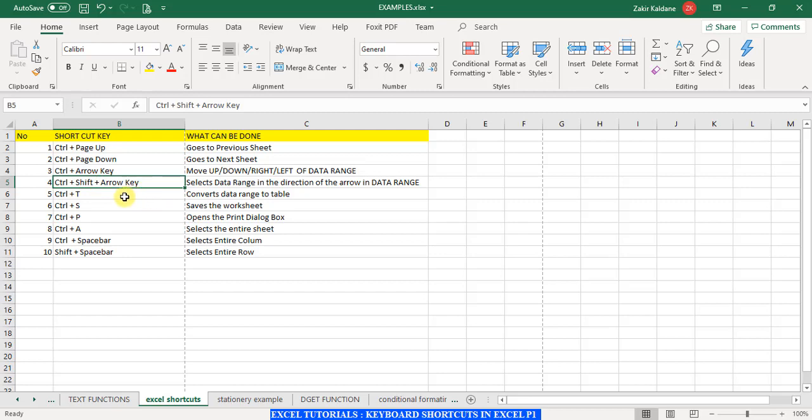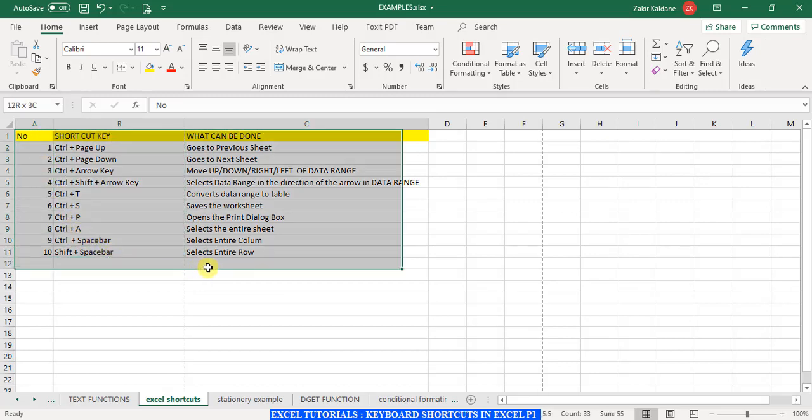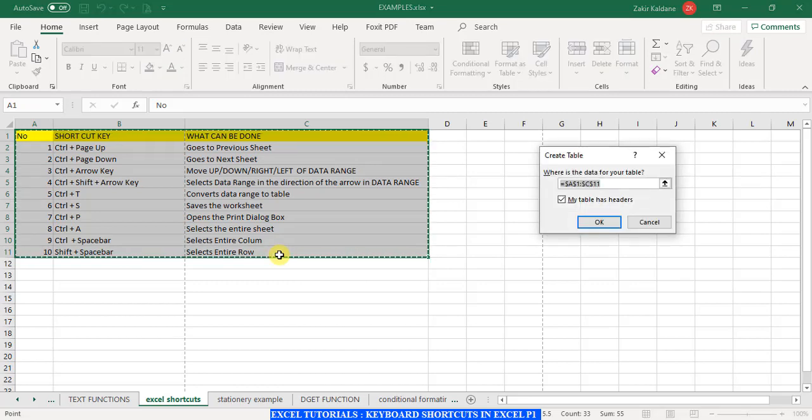So let us go to the fifth shortcut key. The fifth shortcut key is control T. What control T does is it converts the selected range of data into a table. How? Let us see. For example, if we select this data and we press control and T, it is asking whether my table has headers.